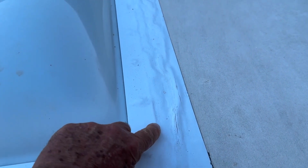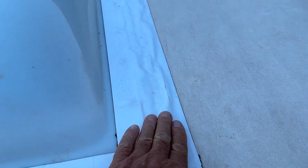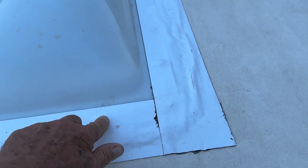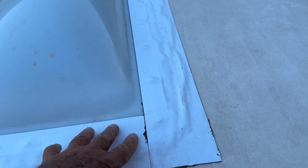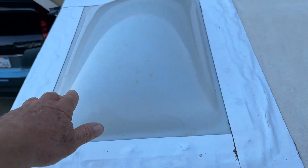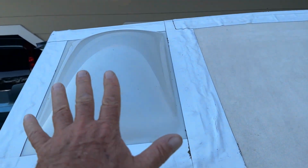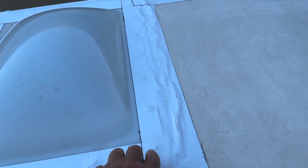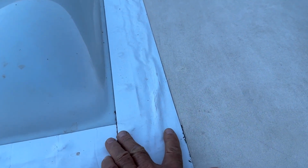I'd take a utility knife and I would just cut right around here, all the way around. I wouldn't even bother peeling this up. I'd cut around the screws so I could remove the screws. After I cut around the whole skylight, I would pry it up, replace it, screw it back down, and then I could go with a 4-inch EternaBond tape right